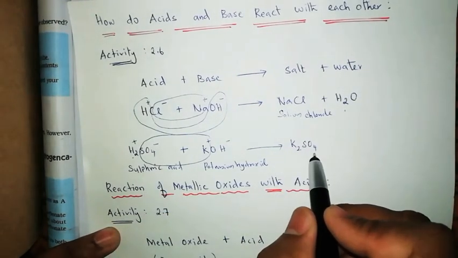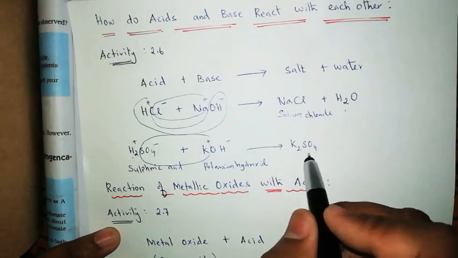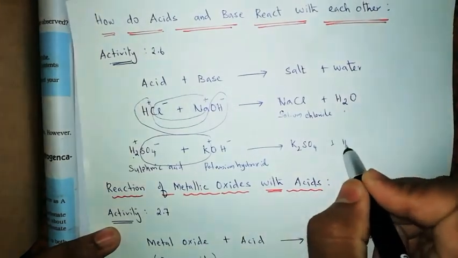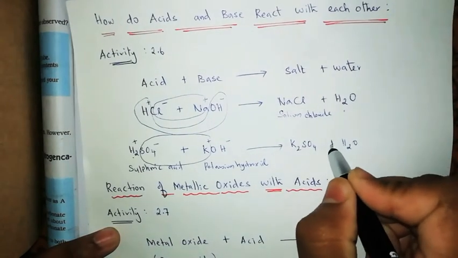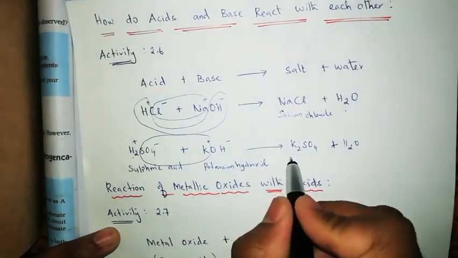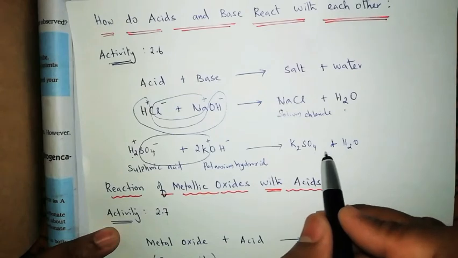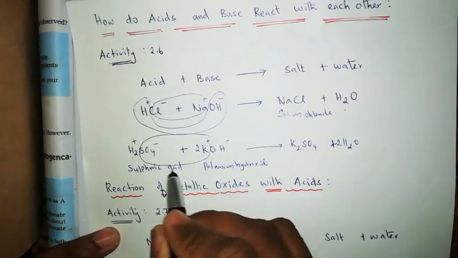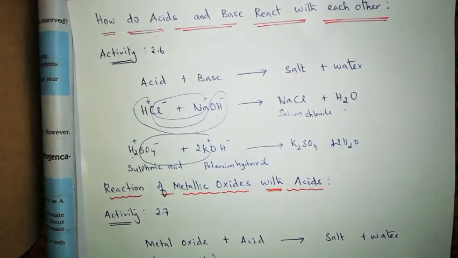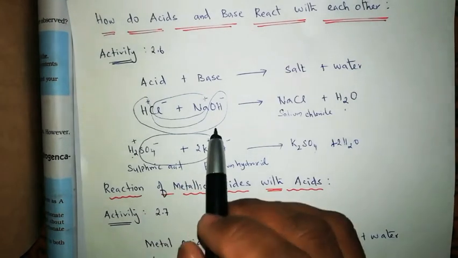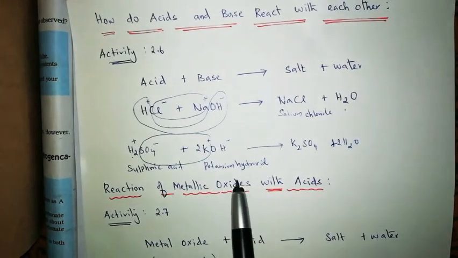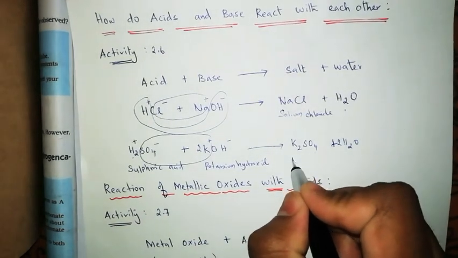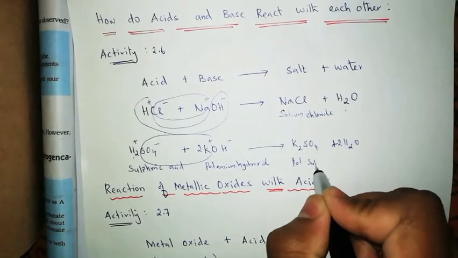And these formulas are from the 9th standard syllabus, how to create a formula, right? And then H2O, and this we need to balance. So K2 here, also 2 here, and it becomes 2 here, so 4. Now it's balanced. So this is how when an acid reacts with a base, it always gives salt and water. And what is the name of the salt here? It is potassium sulfate.